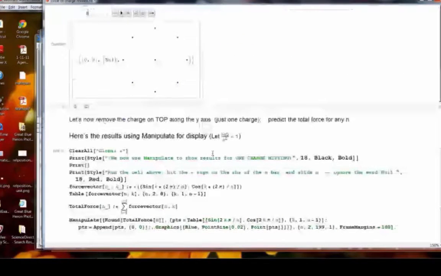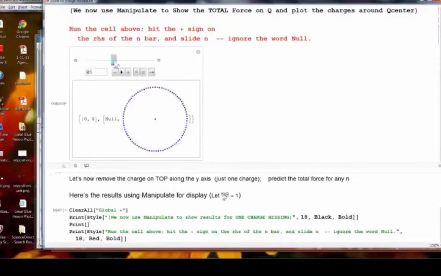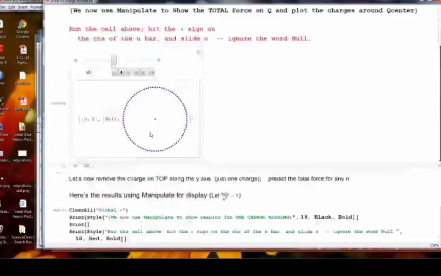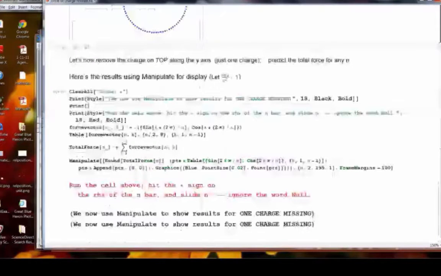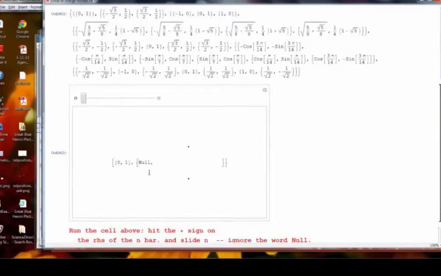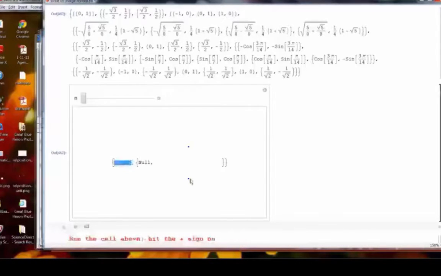Okay, now what about if we remove the top charge? Let's remove that charge right there. The way to do that is just simply remove the k equals 0 component, which is what this top charge corresponds to. We remove that charge by just summing from 1 to the same value. Okay, so I'll run this. Here's our result. What's missing right here is the charge up here. You can't see that. And what we get is a force that is in the upward direction,